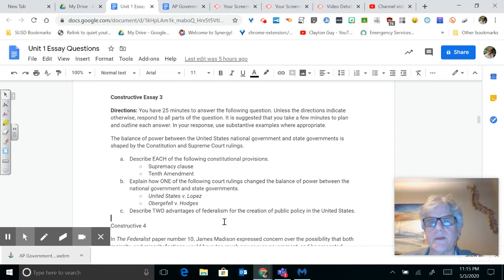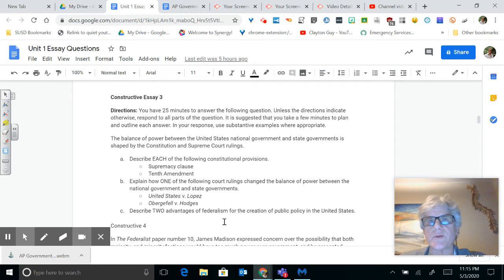Obamacare was first tried out in Massachusetts. It was called Romney Care. It was a successful program of healthcare that they used and went to the national part. So there's advantages of federalism for creation of public policy. It's like a laboratory, a way to test things out. Kansas got rid of income taxes and cut things, and they did very libertarian, limited government things to see if that's successful or not.